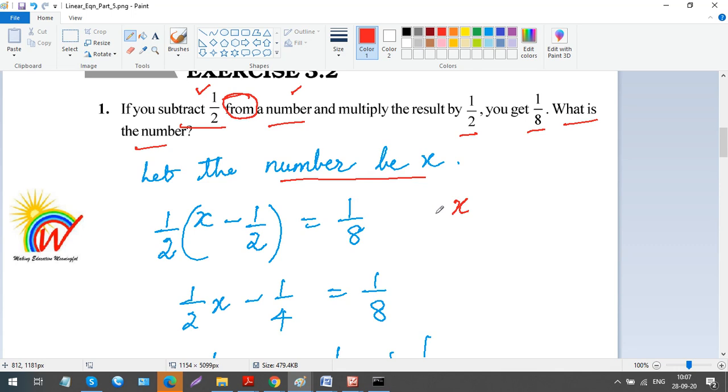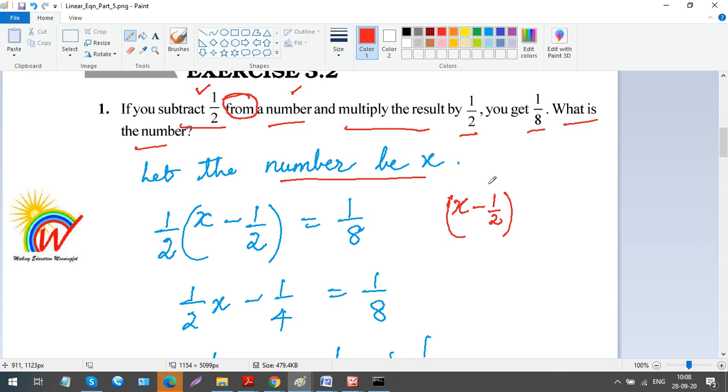It's x minus 1 by 2, because from x you are subtracting 1 by 2. Okay? So if you subtract 1 by 2 from x, so see, x minus 1 by 2, and multiply the result. So the result is going to be this, right? x minus 1 by 2, whatever it is after subtraction, that's what is going to be your result. But x is not a number, so we of course can't subtract it, we just keep it as it is. So this is the result, right?